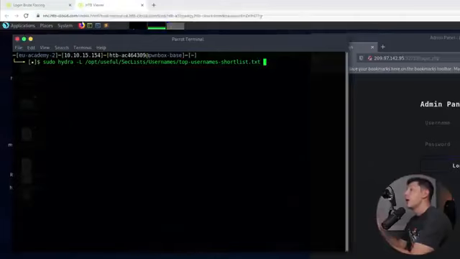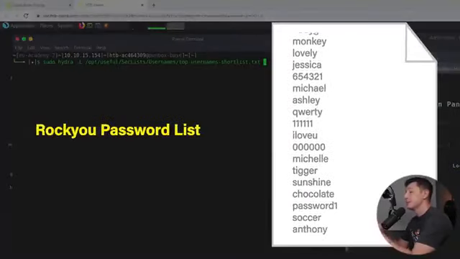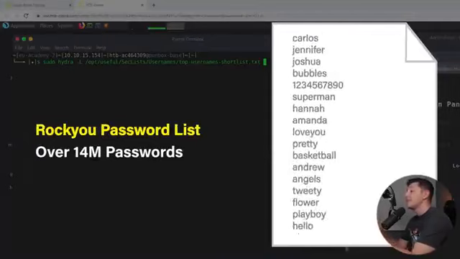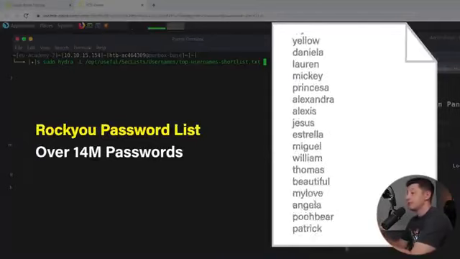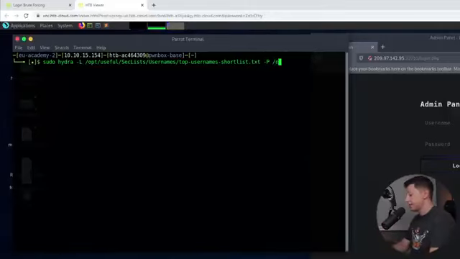Next, we need to tell Hydra which passwords to try. Again, there are tons of password lists out there. One popular list is the RockYou password list from a massive data breach back in 2009. This contains over 14 million passwords, ranging from very simple to more complex passwords. To use this list, we need to type -P and then the location of our list, which for me is